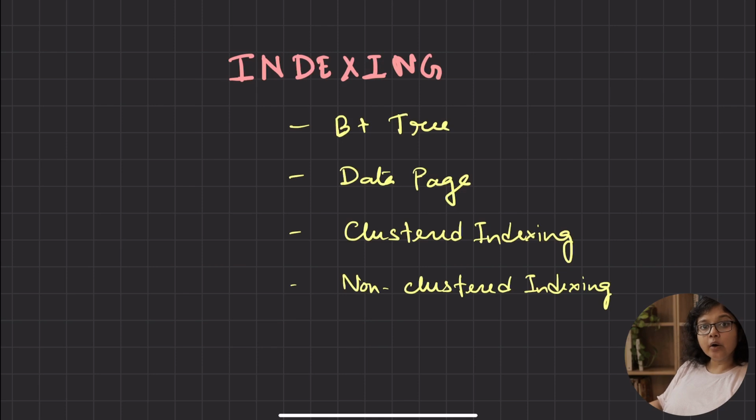Have you wondered how databases handle large amounts of data at lightning speed? Let's deep dive into the world of indexing, which is one of the key solutions to it. In today's video, we will discuss clustered and non-clustered indexes. We will specifically discuss how InnoDB stores indexes and uses them to fetch data faster. InnoDB is one of the most commonly used database engines, and it is the default database engine for MySQL.